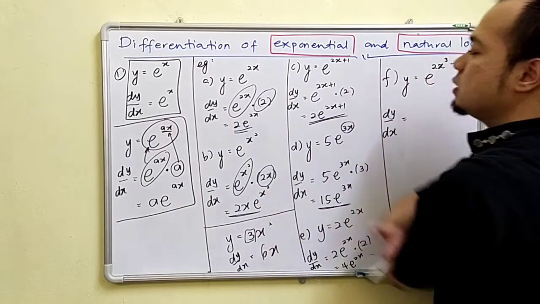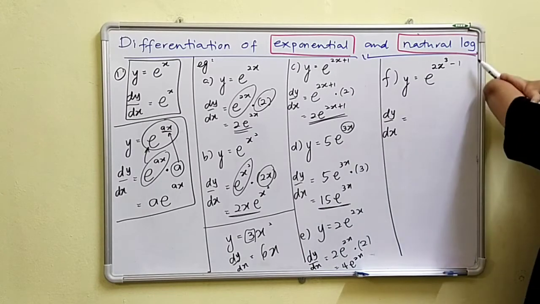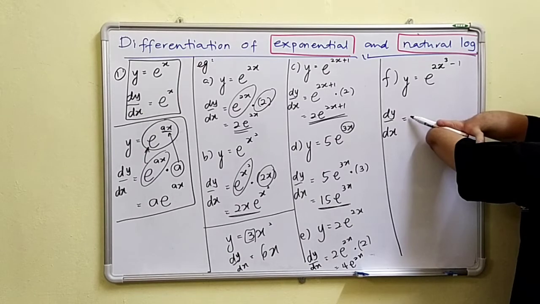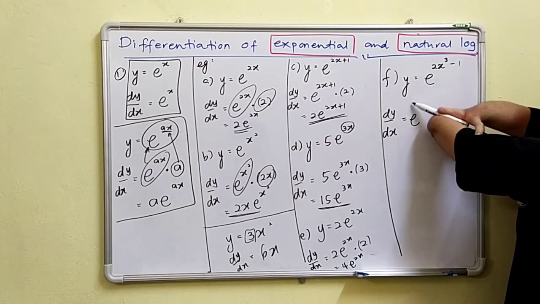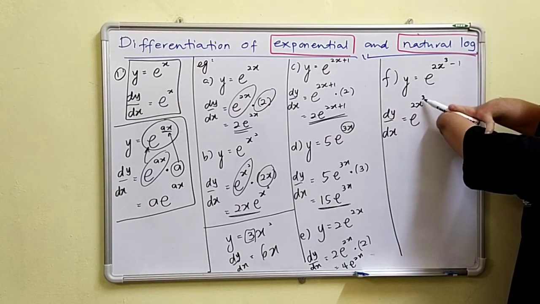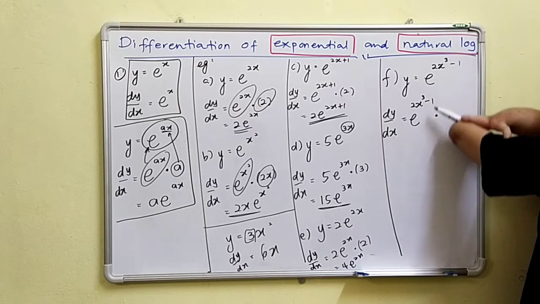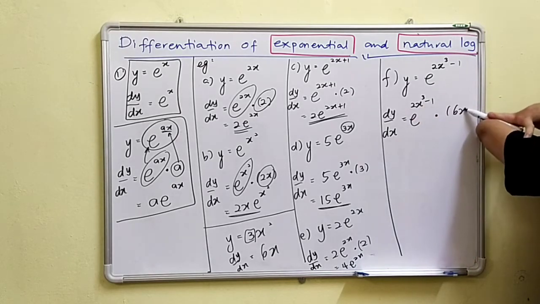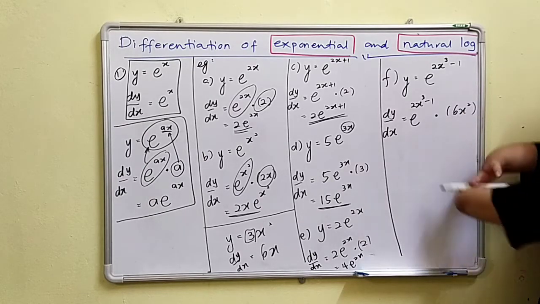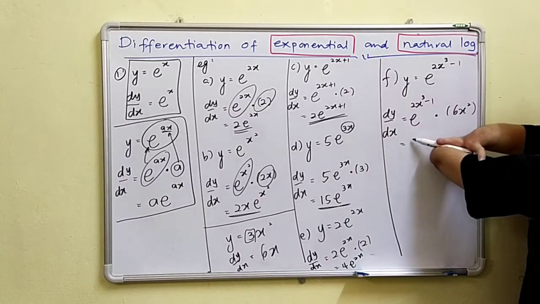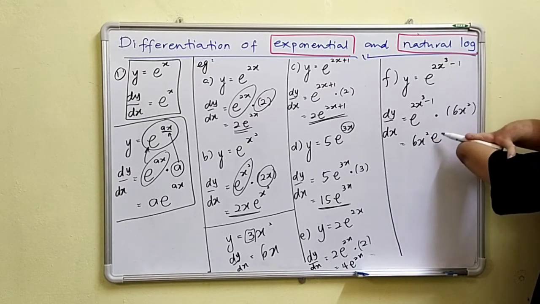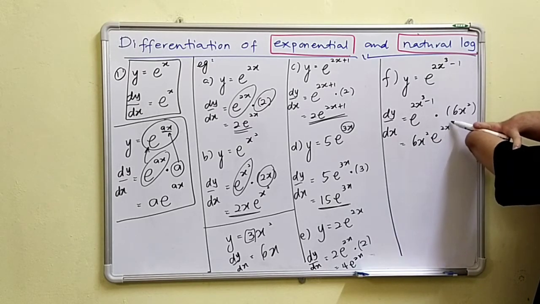Same like previous example, use outside inside. So what function is this? Exponential function. So differentiate exponential function, you will get itself first. So e^(2x cubed minus 1), multiply by differentiate the power, 2x cubed minus 1. When we differentiate, we will get 6x squared. So rearrange nicely. So the answer is 6x squared exponential of 2x cubed